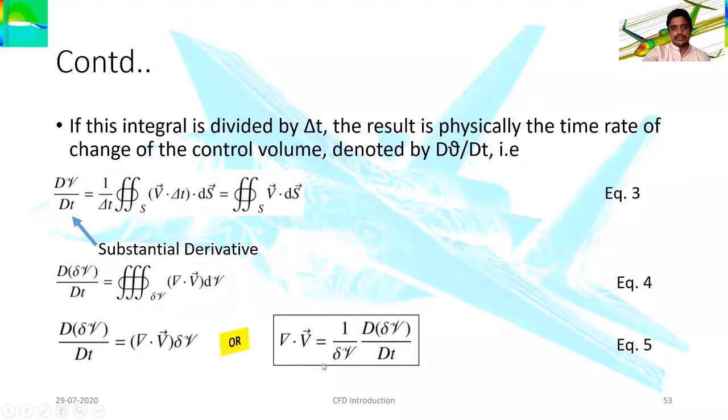So here in this expression, if you see, that means what exactly the physical meaning of the divergence of the velocity is, we are interested in the change of the volume with respect to the time. So to conclude with one simple statement, we have to derive all this to understand what exactly the physical meaning of the divergence of velocity is. On the one hand, a volumetric change delta V is present in the denominator, but the volumetric change is happening with respect to the time, and in the vectorial notation when you are representing, that is actually the physical meaning of the divergence of the velocity, which is given in equation 5.